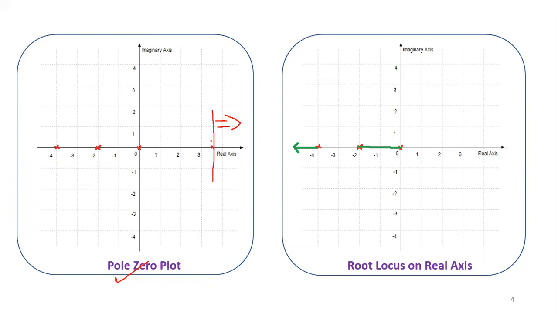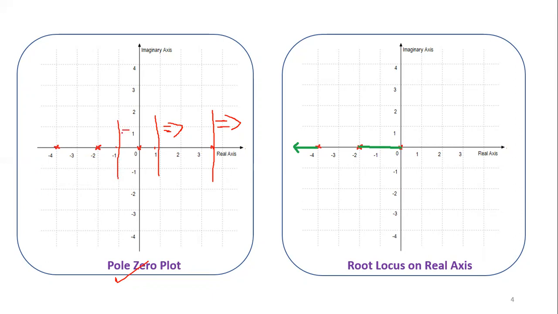If you observe here, we are not having any poles and zeros, so the number of poles and zeros is 0. Generally, 0 is considered even. So no root locus. If we place a test point here also, the same thing happens: no poles and zeros on the right side, 0. So no root locus.